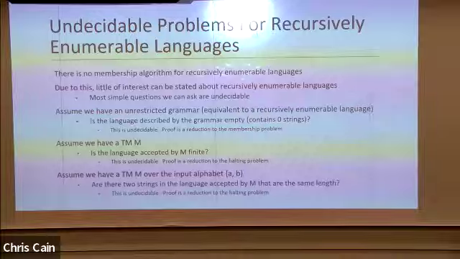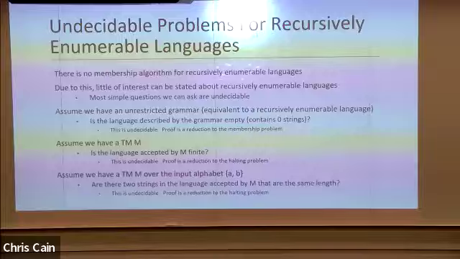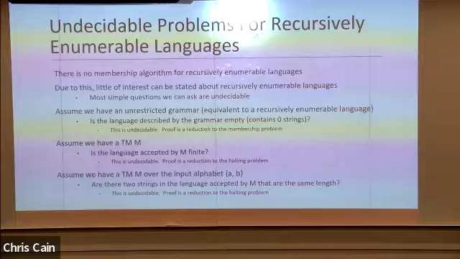All right, last time we ended talking about what kinds of questions we can answer about recursively enumerable languages. And we determined that we couldn't answer very many of them. Even simple questions like, is the language finite? Are there 2 strings in the language that have the same length? Any of those questions are undecidable over recursively enumerable languages, in addition to the membership question. So very little of interest can actually be said about recursively enumerable languages.